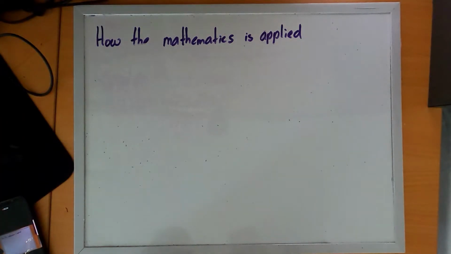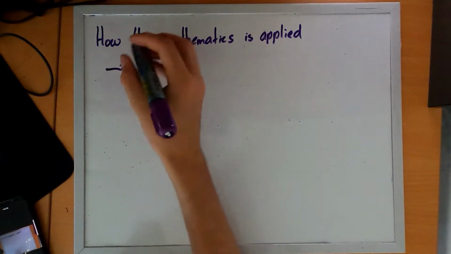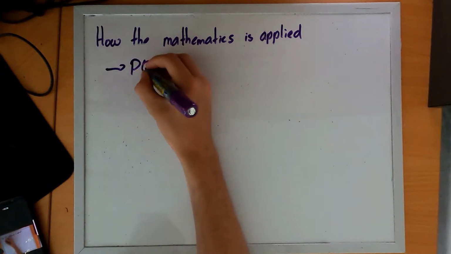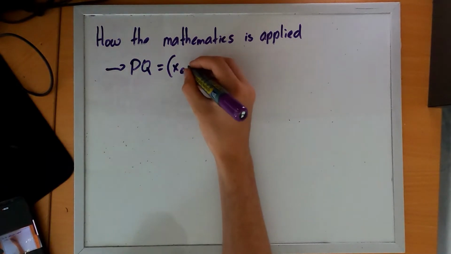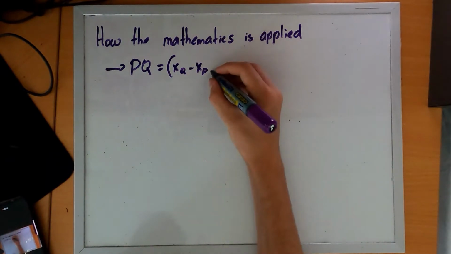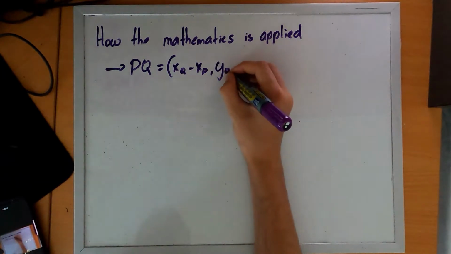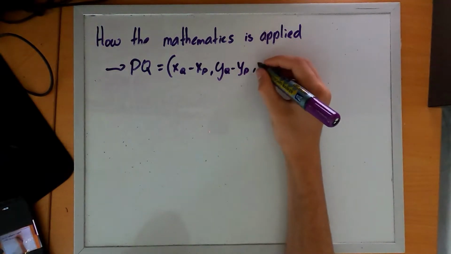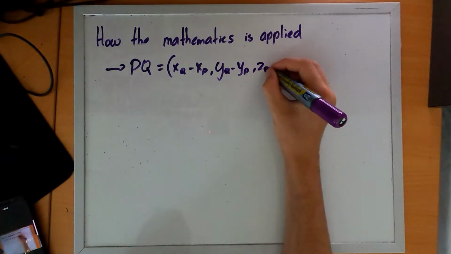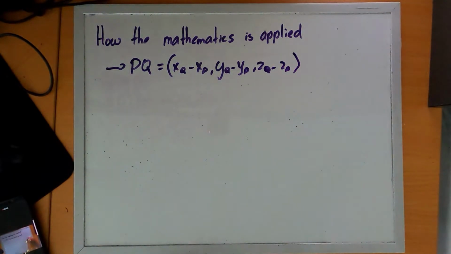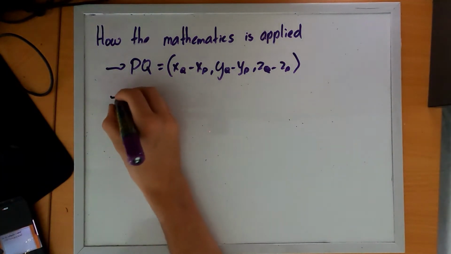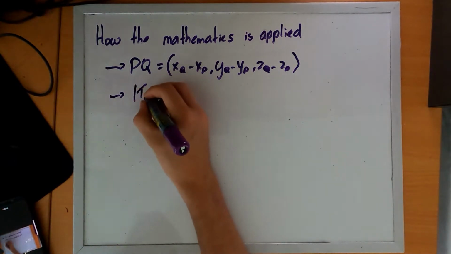If we know the positions of cables in a cable-stayed bridge, we can create vectors which represent the cables using the formula PQ equals XQ minus XP, YQ minus YP, and ZQ minus ZP. Then, if we assume the bridge is in equilibrium and we know the equivalent weight at each of the tie points on the bridge deck, we can calculate the tension of the cables using the absolute value of TA, which